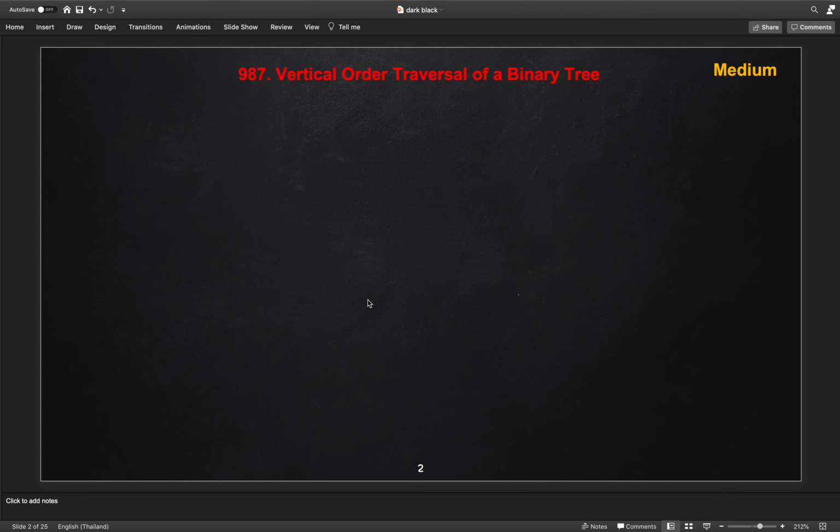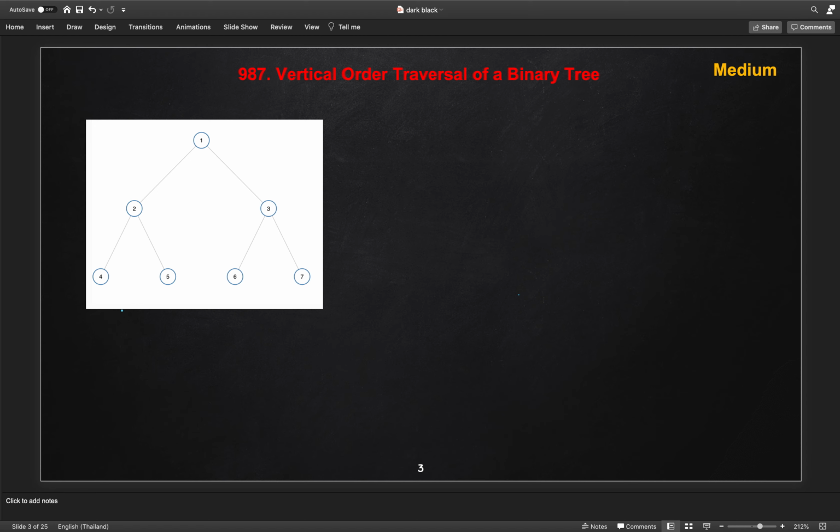Let us see another example here. If we have to print only by vertical line, we give the horizontal distance of the root node as 0. Whenever we go left, we mark it as the previous x minus 1, and when we go right, we add 1. Similarly, going left of left will give minus 2, and then 0, 0 and 2. This is the horizontal distance we assign to our tree. We do not care about y right now.